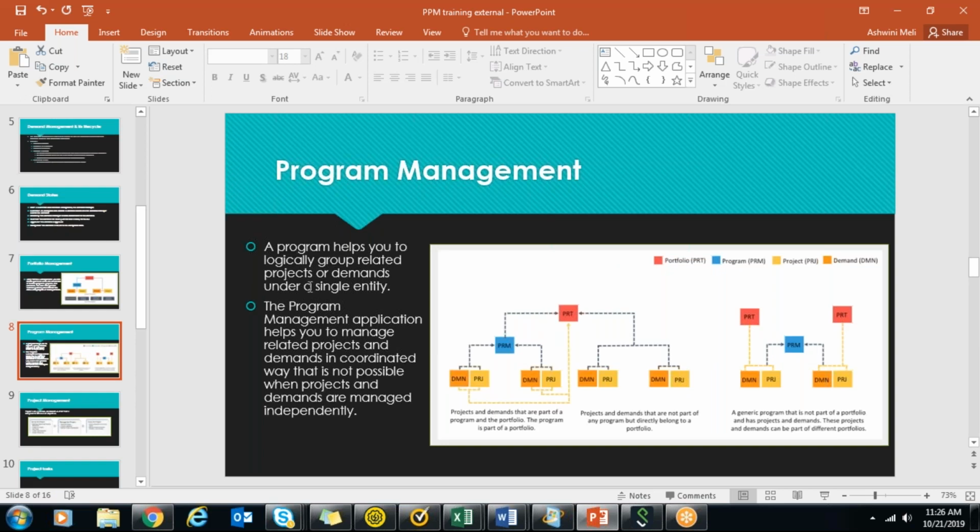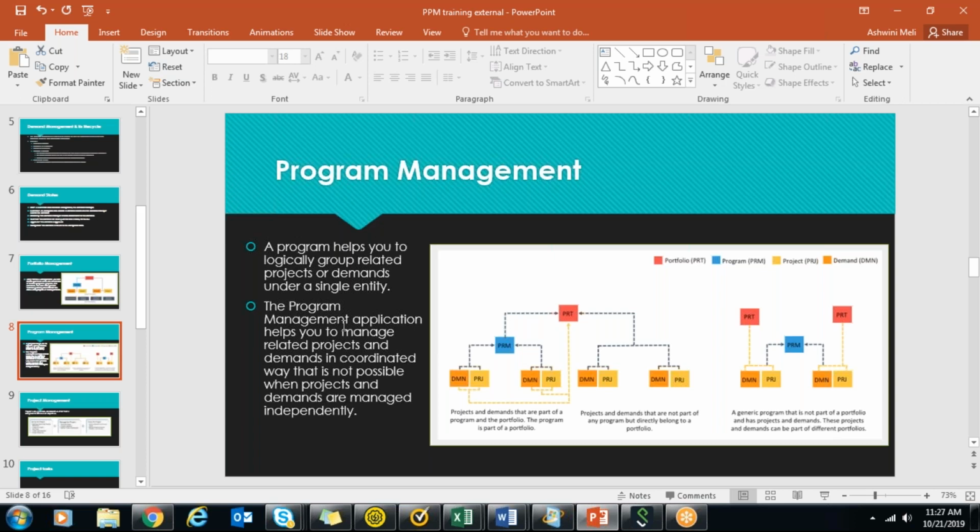So all ServiceNow projects will come under a ServiceNow program. All Salesforce projects or SAP projects will come under their respective programs, and all these will be under a portfolio, which is IT something, whatever the organization is planning.